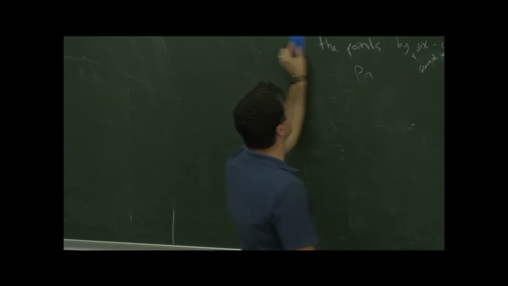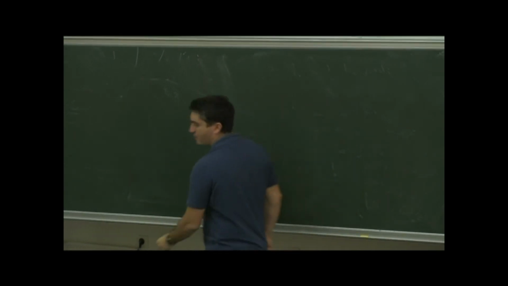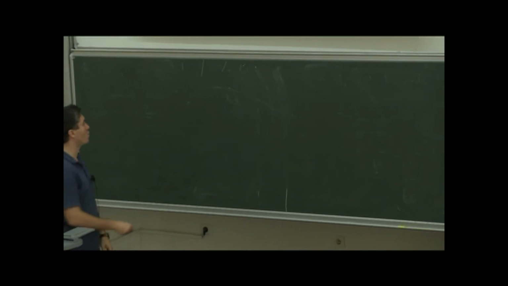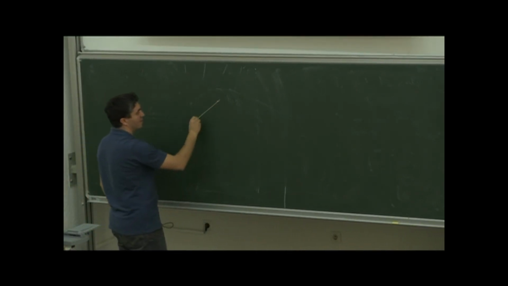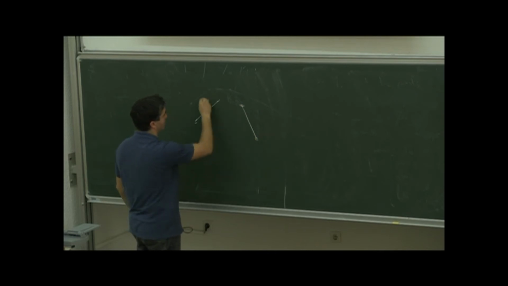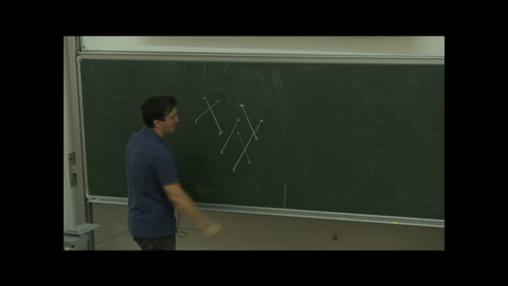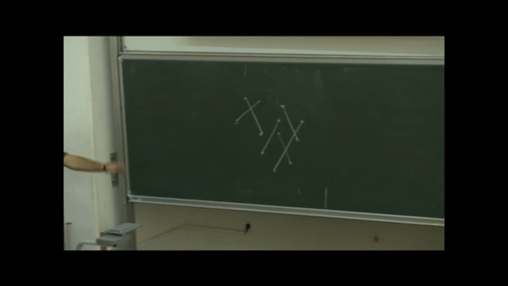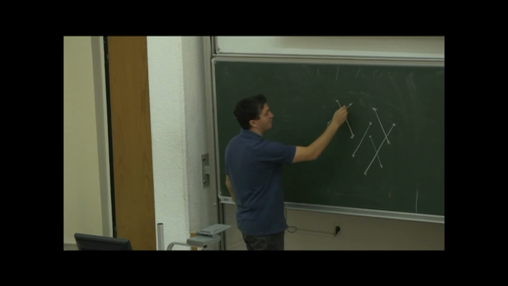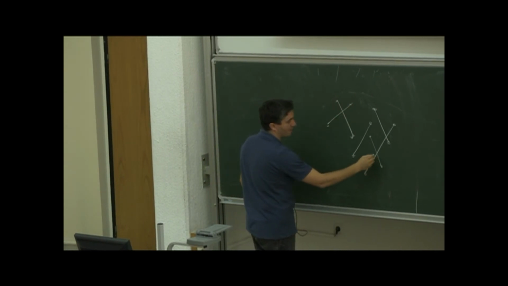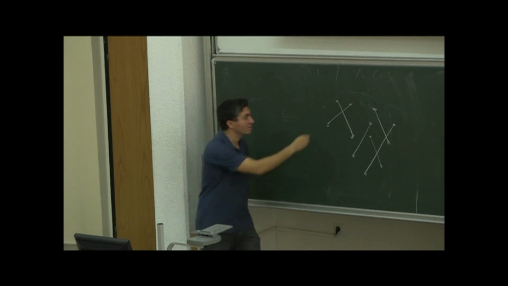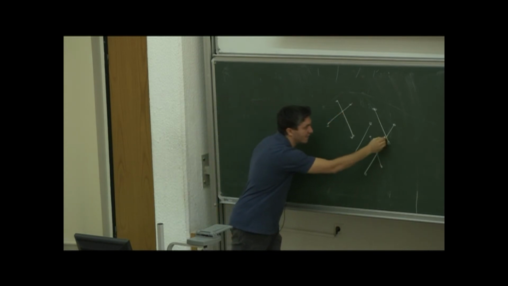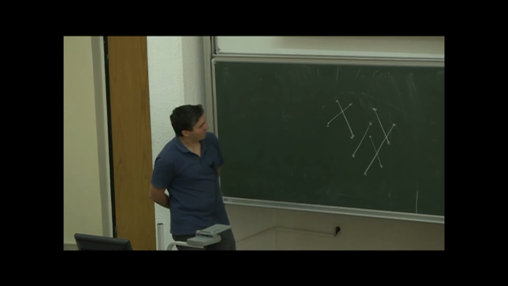The problem description is very simple. Given n line segments on the plane like this, our goal is to find their intersections. In this instance, for example, I want to find out these two lines, these two, and these two. So I have three intersections at these points, and I want to find these intersections given these, how many, six